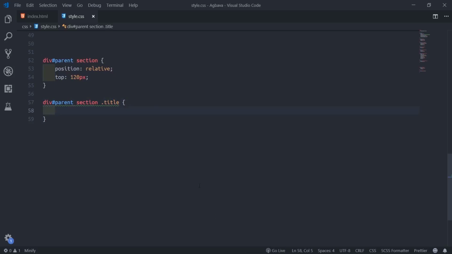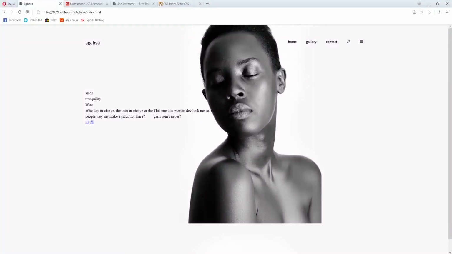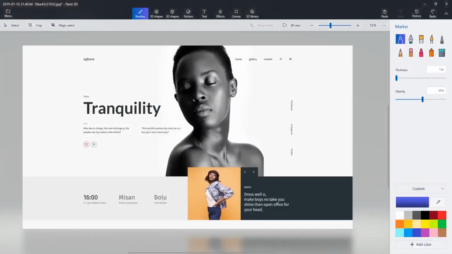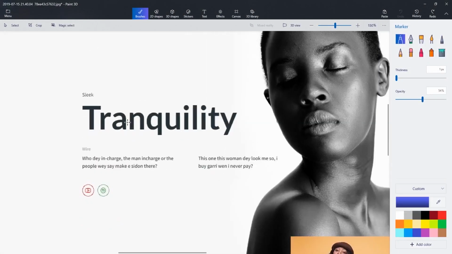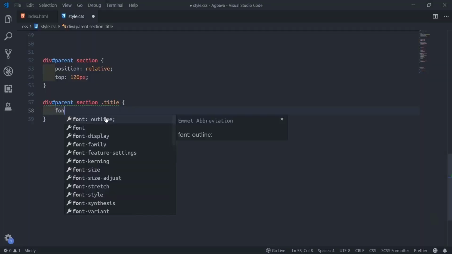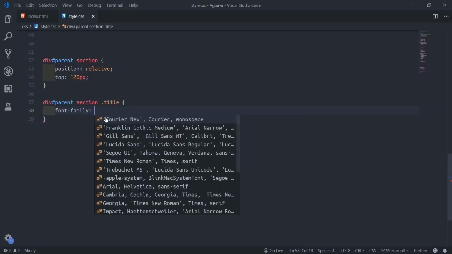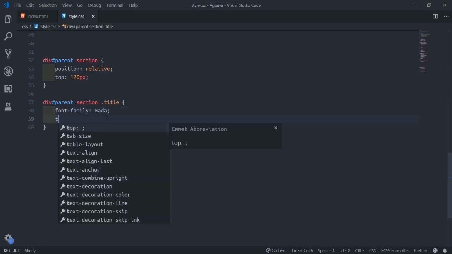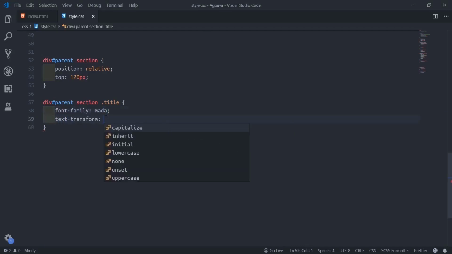What we first do, we'll transform the text, maybe capitalize, so the first letter is a capital letter. Then we'll give the title a font different from our normal font. So font family, we'll say Mother, then text transform capitalize.